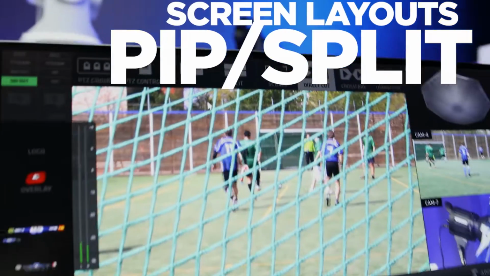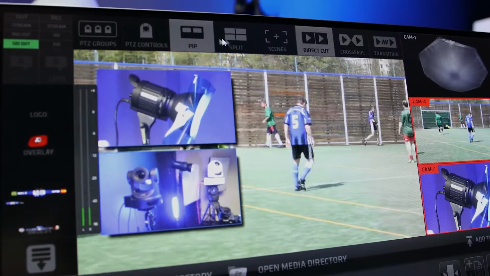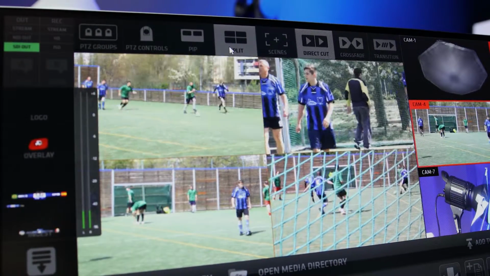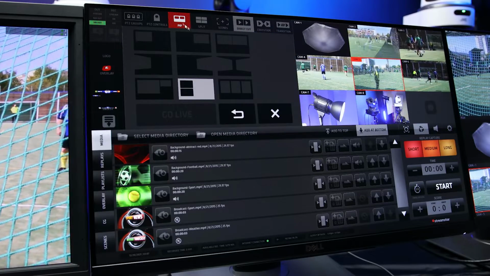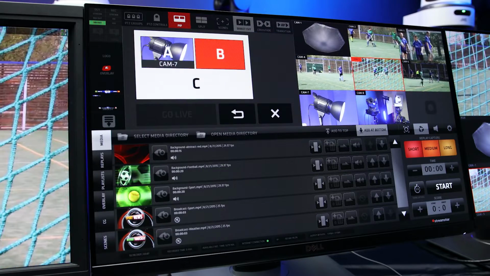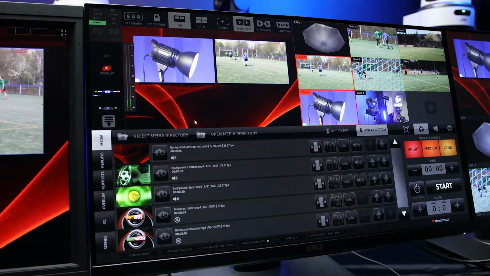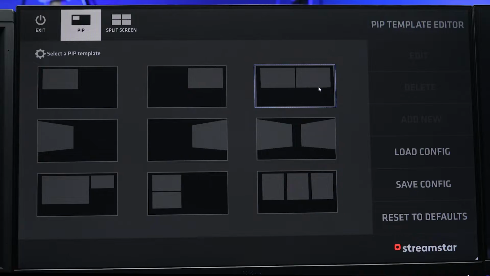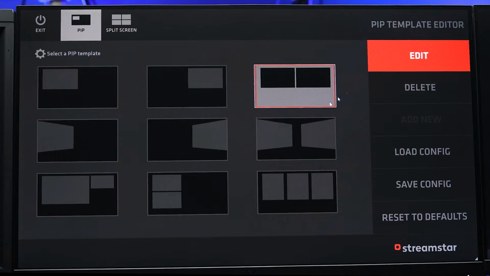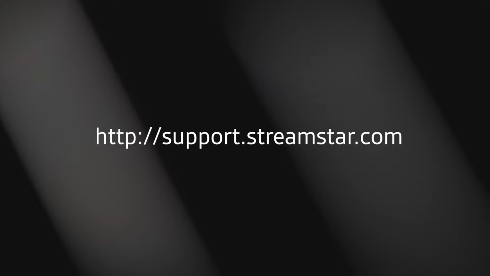Streamstar software also features a powerful DVE with options for picture-in-picture and split-screen layouts. Creating a screen layout is as simple as A, B, C. The picture-in-picture and split-screen templates can be modified using a utility software editor that you can download free from the